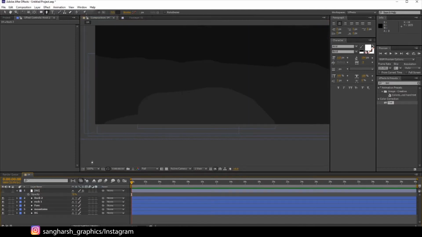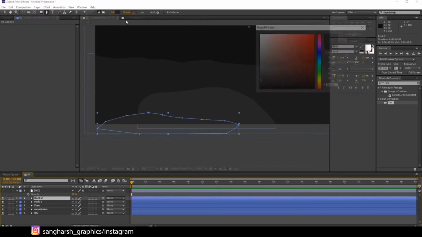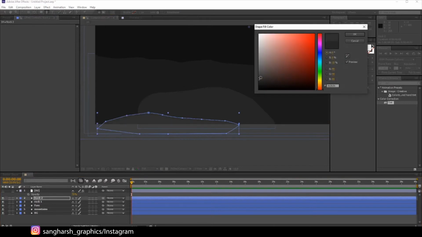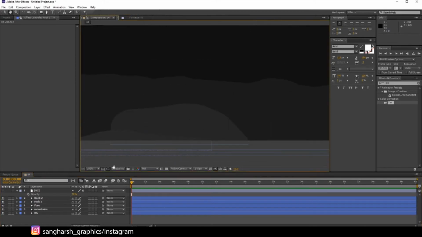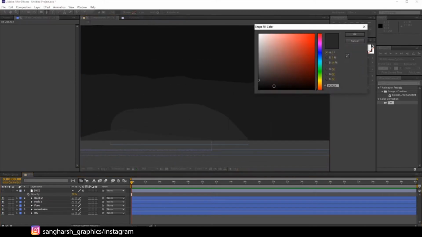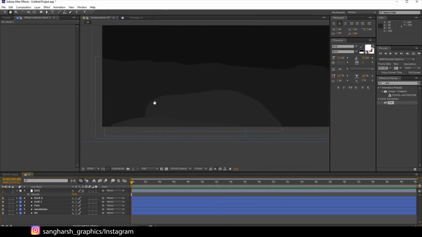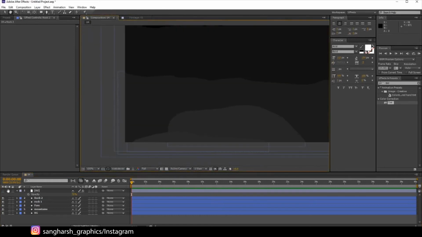Now let's change its fill to something lighter, not too much, just a little bit like this. Just a subtle change, a little bit brighter like this. Now you can see we have these different layers.